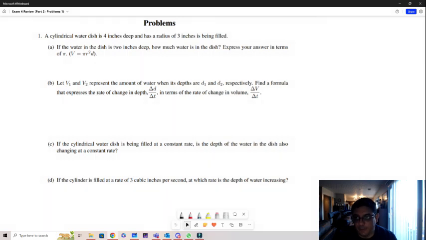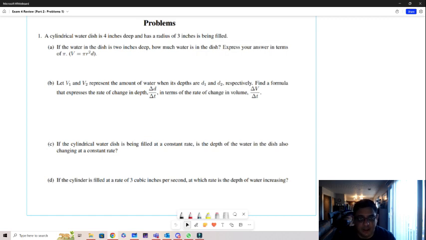Hello everyone, this is going to be part 2 of the exam review. In this one we're going to start with some of the problems in rate of change, up to when we get to inequalities. So the first problem, we have a cylindrical water dish that is 4 inches deep and has